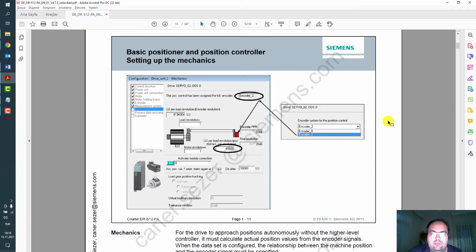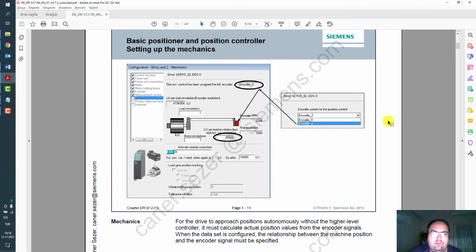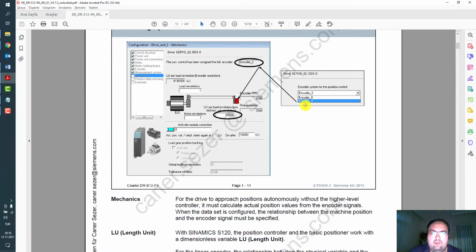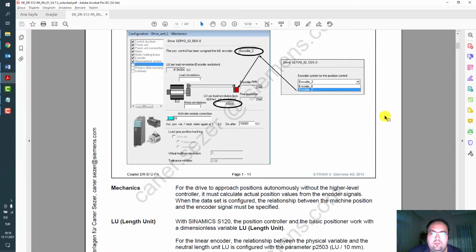And next page of our wizard, in mechanics tab, there are some parameters we have to define. In this case, we will select external encoder, and you will see here the red colored little rectangle box. For one motor revolution, we have to enter here length unit per load revolution, and you can consider this as micrometers.